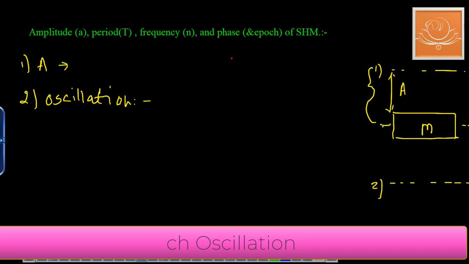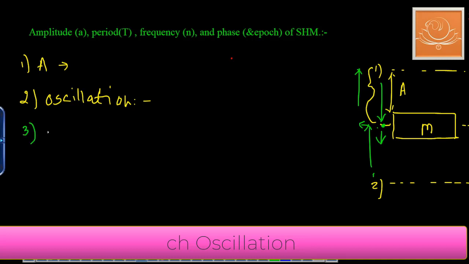Now what is meant by one set of movement? Let us consider a particle starting simple harmonic motion from mean position in this direction. Particle moves from this point to this extreme position, then again moves towards the mean position, moves to the other extreme position, and lastly it comes back to its original position, that is, the mean position. This is one set of oscillation, and this set is repeated again and again. That is, a set of motion which repeats again and again is called an oscillation.